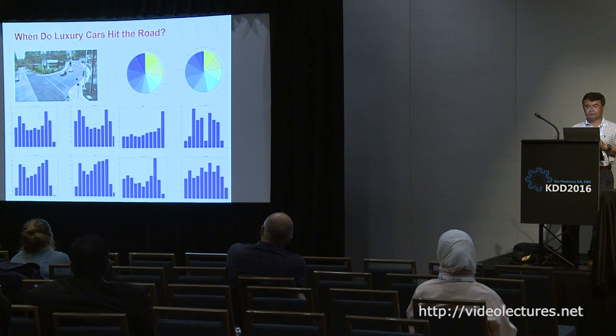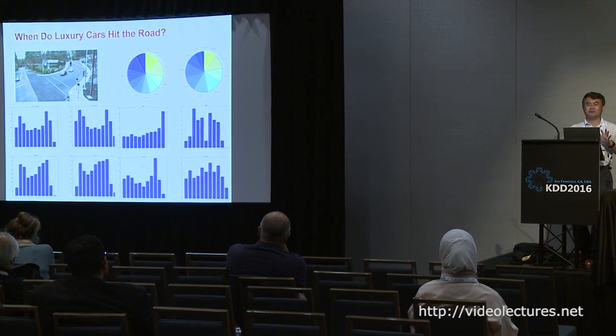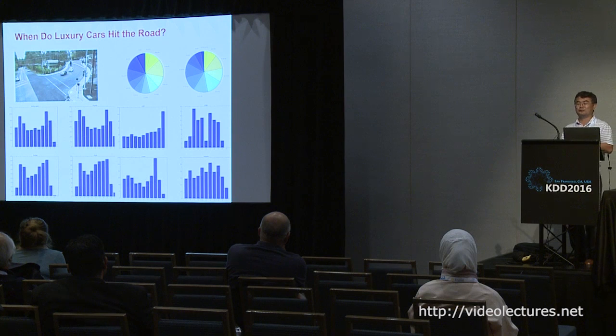San Francisco is one of the worst traffic cities in the U.S. The worst one, as I just discovered, is LA. It's a lot worse than here. New York is second. But there was an interesting observation that when you are stuck in traffic and you look around, you don't see many luxury cars. So you say, wow, do they know something I don't know? It turns out, no, okay? It's because they have a different working schedule, if they work at all, okay?